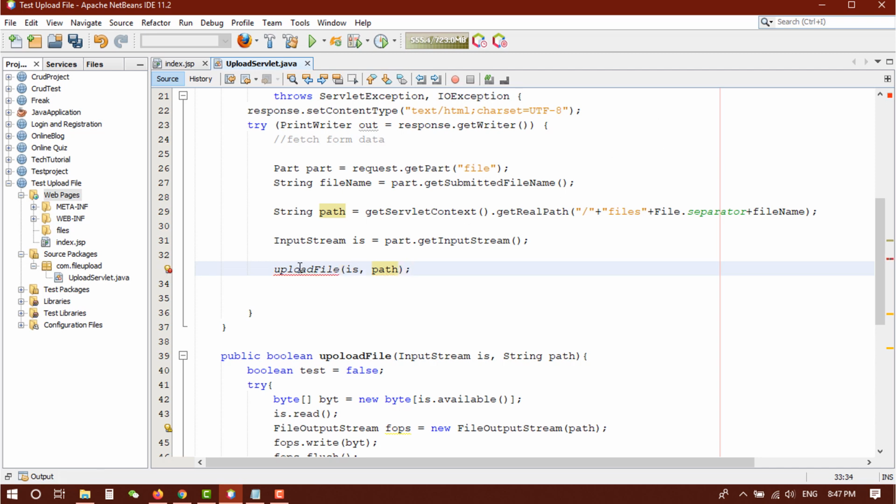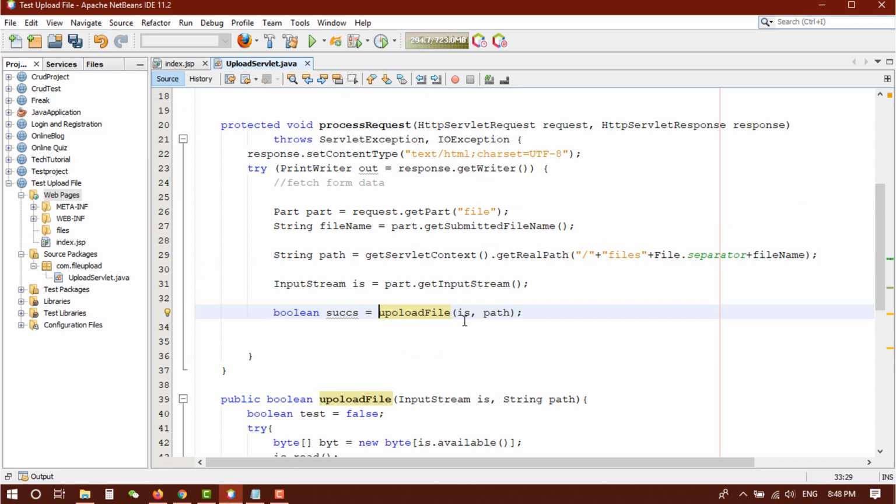Okay, uploadFile, okay. So now store it in a boolean type. This is a boolean type, so success, success equal to